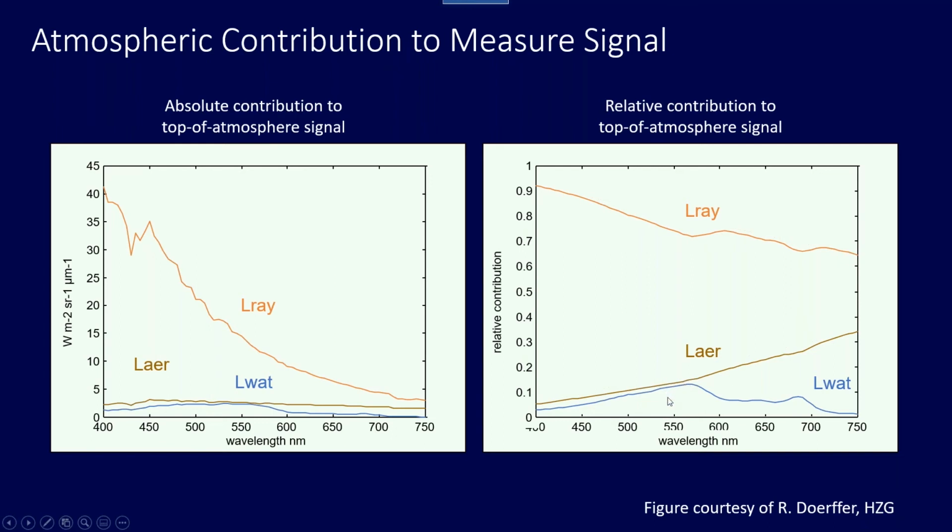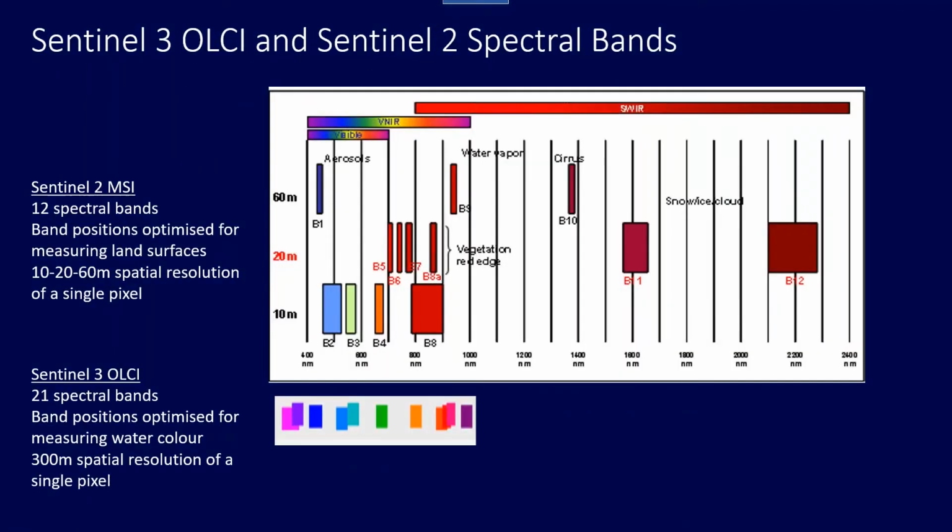So this is why it is so difficult to work with these data and get the chlorophyll concentration, for example. I think this goes too far. I just wanted to highlight the differences between Sentinel-3 and Sentinel-2. I explained to you that it's not easy, simply speaking, and you need the spectral information to resolve these differences